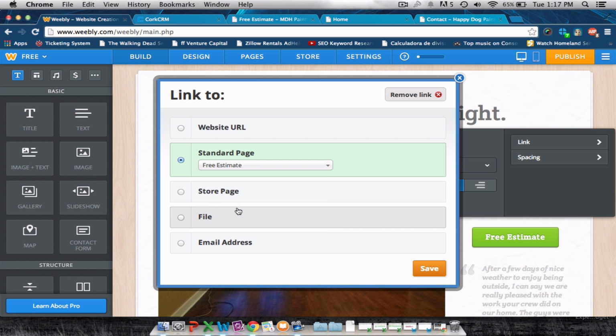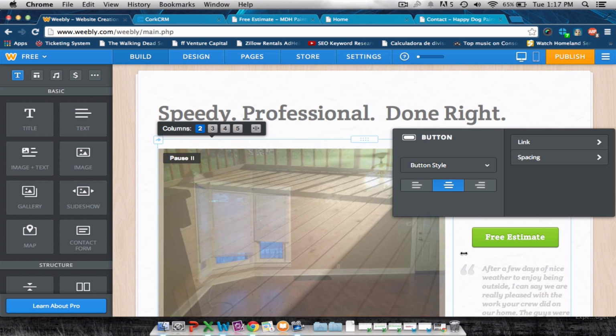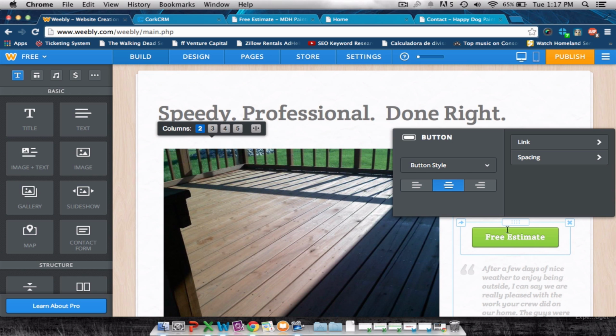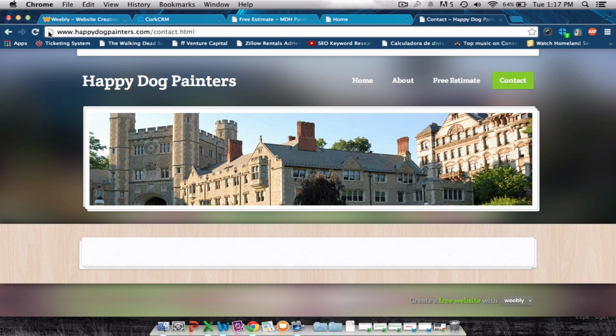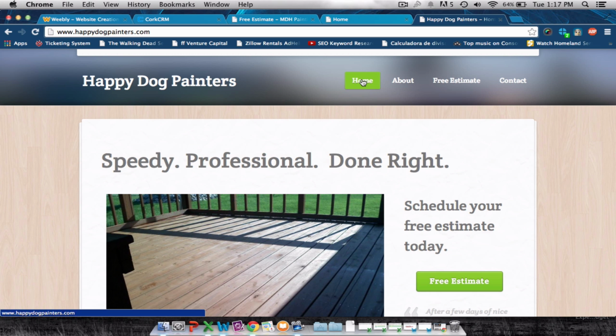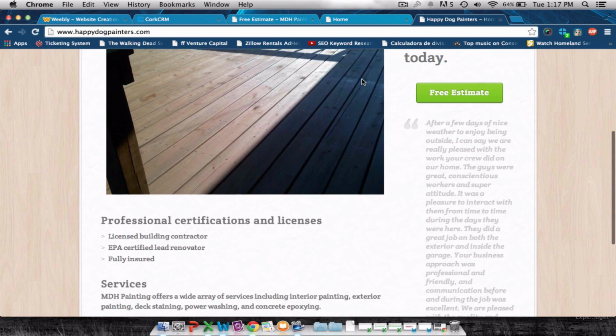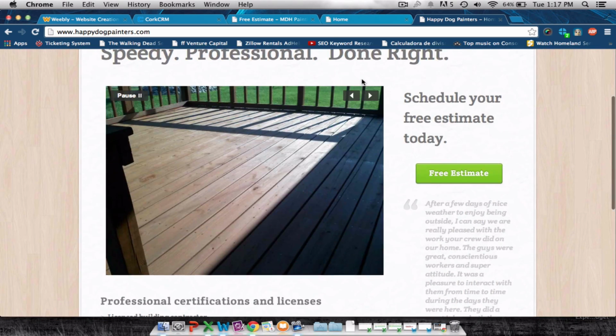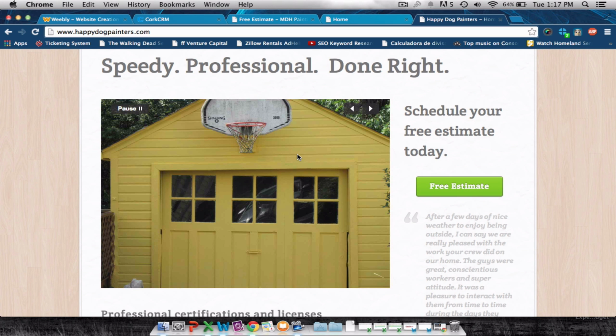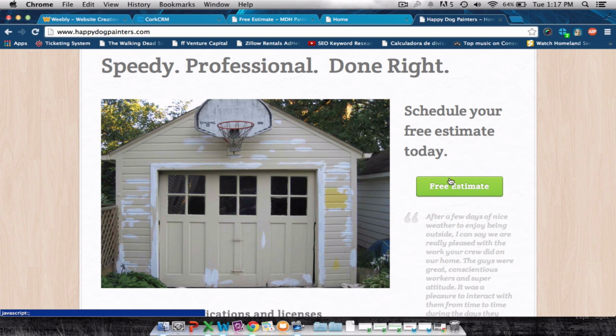So we'll go ahead and select free estimate from here, click save, and then when they click on this, it will go to that page. So we'll just go ahead and try it out. Obviously, guys, we haven't quite built it out or polished it up yet, but at least at this point you know on a basic level how to do things, how to add text, how to add pictures, how to add a free estimate button. So we'll just go ahead and click that, make sure that works, and hopefully that will